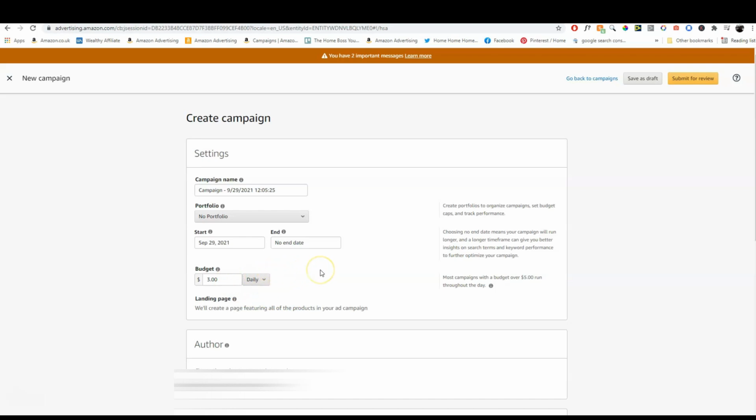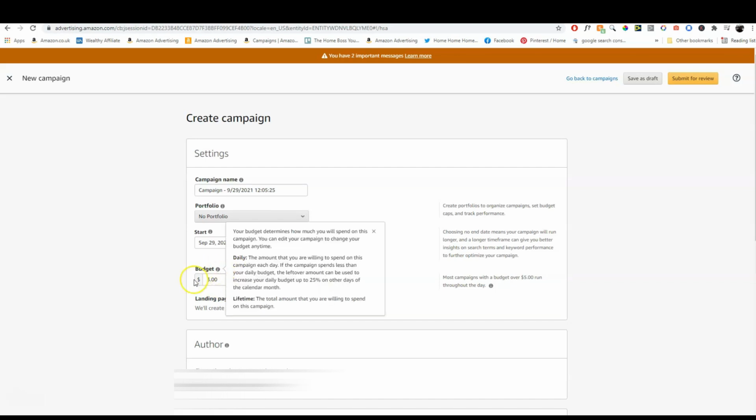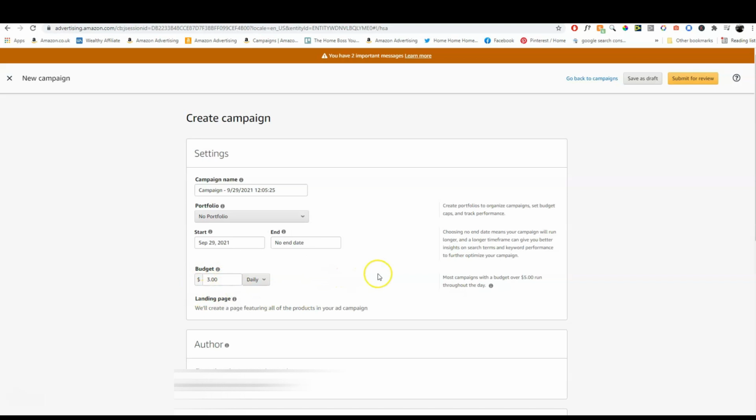You can go as high and as low as you like, but I recommend that you start low, maybe even lower than $3, and then you can increase it when you're monitoring your ad. I have found that $3 for me is kind of the optimum amount of money. When I go less, it doesn't have the same impact. So I start with 3 and then I increase it when I have to.